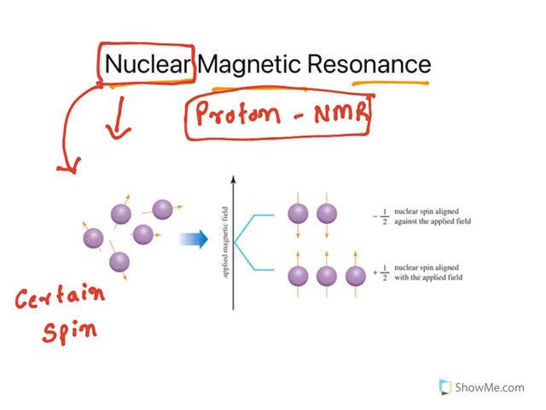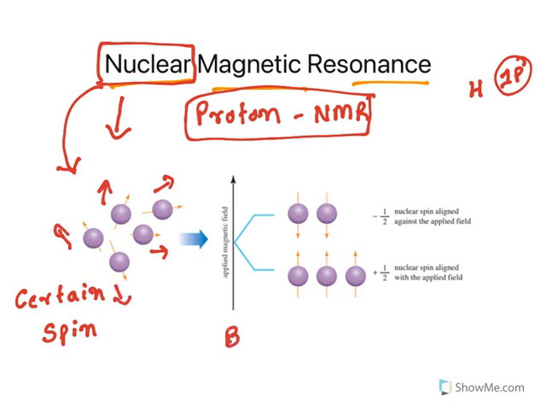The reason why we call it proton NMR is that the hydrogen nucleus has only one proton. No neutron is there. So that is why the hydrogen nucleus is considered a proton. The proton will be spinning about a particular axis, and the axis will be in different directions. Look at this, it will be spinning in all different kinds of directions.